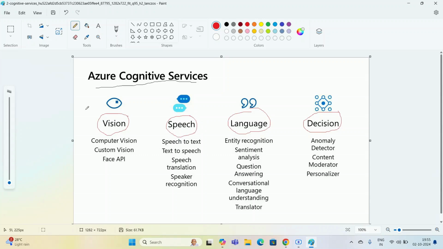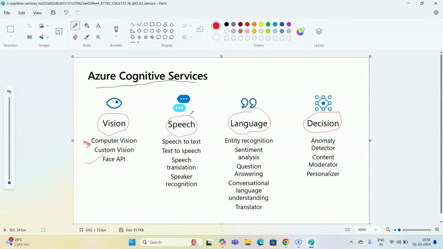Vision means the computer is able to see things like a human being. That is called computer vision. Suppose I have an image. If I teach the computer by machine learning whose image it is, then only it can recognize that particular image. That comes under object detection, a type of vision cognitive service, under the custom vision API.